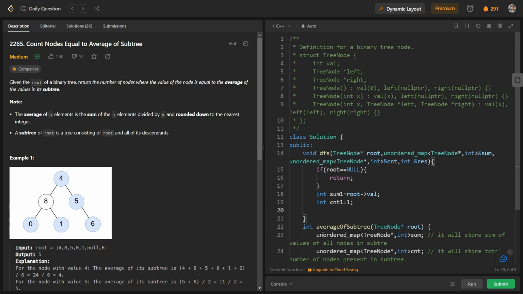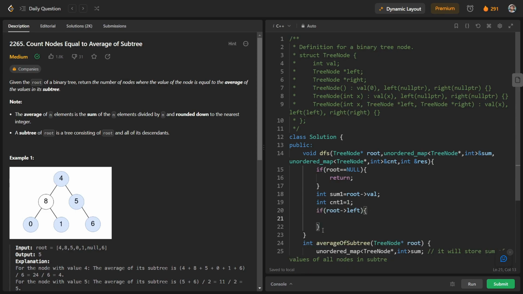So if root arrow left, if there is a left child, then we will run the dfs function for the left child. So root arrow left will be passed as a parameter, along with sum, mp and race.